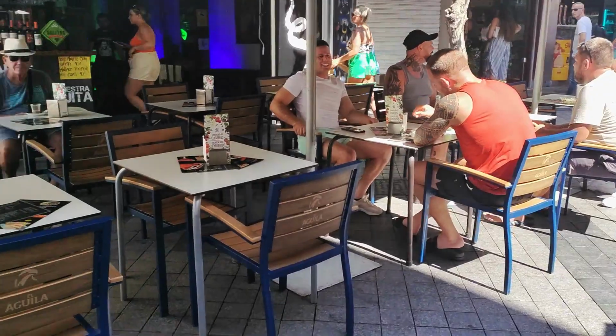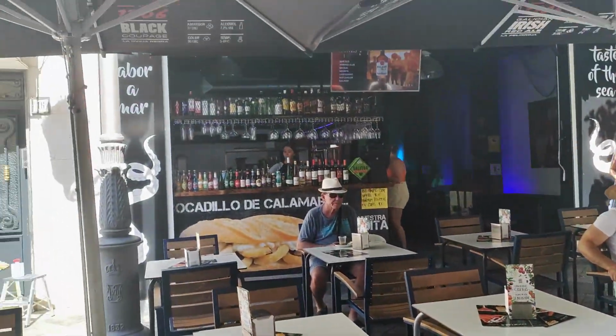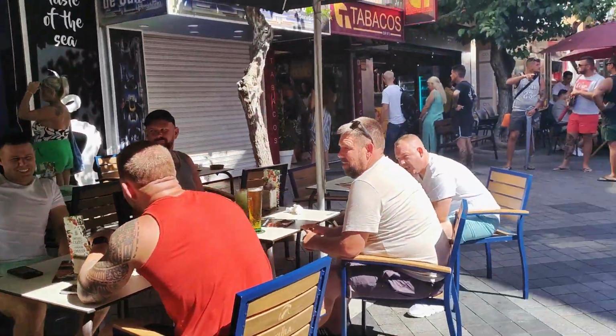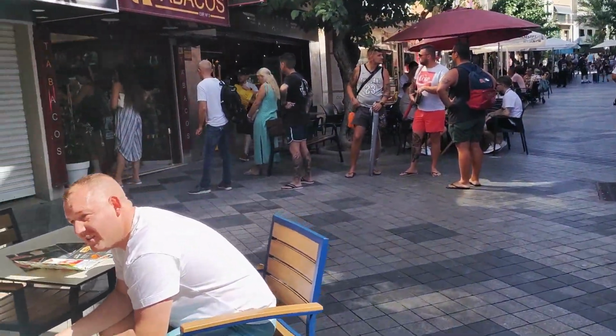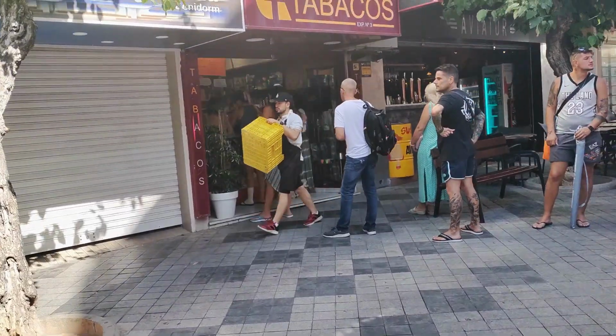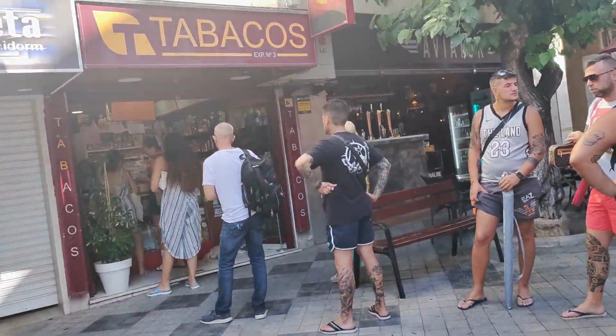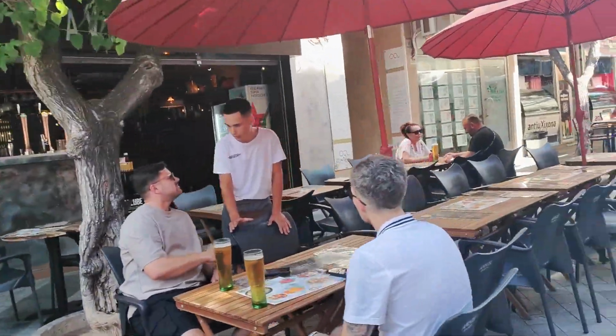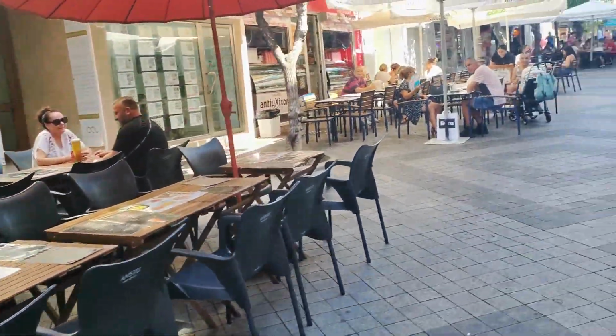About halfway along, you can also find BENIDORM's latest branch of everyone's favourite fried chicken restaurant, KFC, as well as souvenirs and accessory shops. And towards the end section, or the beginning section, depending on where you start from of course, there is also a 3-star hotel called the BENIDORM City Olympia, which offers simple and comfortable accommodation ranging from